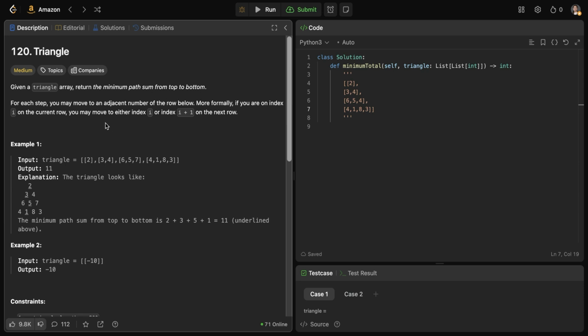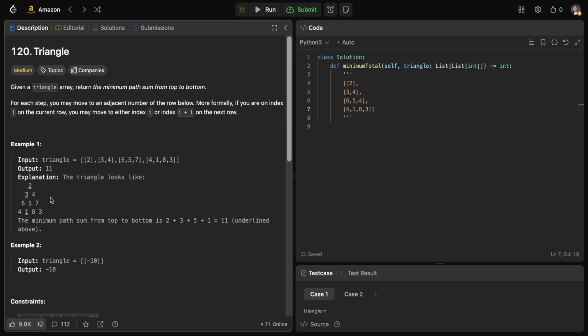And there is a constraint that for each step, you have to move only to an adjacent number in the row below. That is, from each index in the next array, you can move to only that index, that is the ith index, or the i plus 1th index. As I already disclosed, this could be a DP question, so you'll just be interested in dp[i] and dp[i+1] basically. Now let's first understand the question from the point of recursion, and then we'll move towards an approach to solve it fast with lesser time complexity, okay?